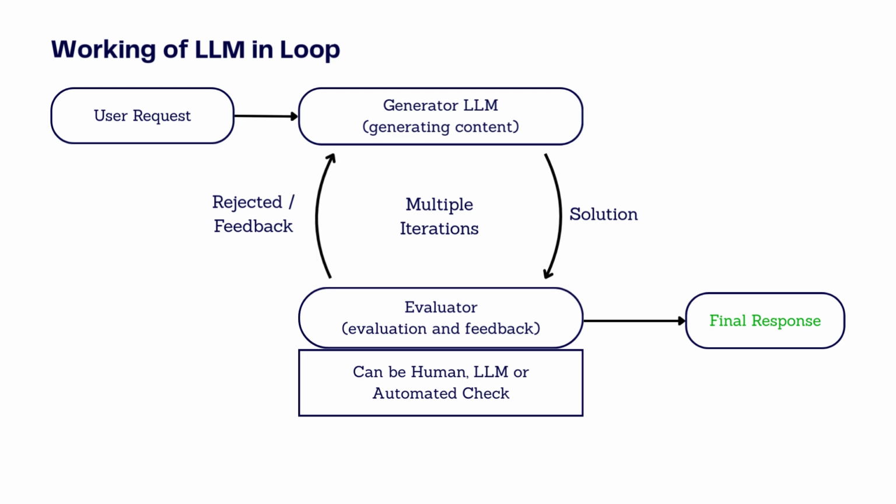LLM in a loop is important because sometimes LLMs give imperfect, incomplete, or confusing answers. By putting the model inside a loop, we create a process of iterative refinement to achieve desired outcomes. We give the model a chance to check, improve, and refine its work. This helps the final response to be more accurate, more reliable, and more useful.